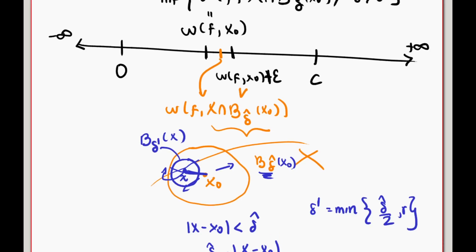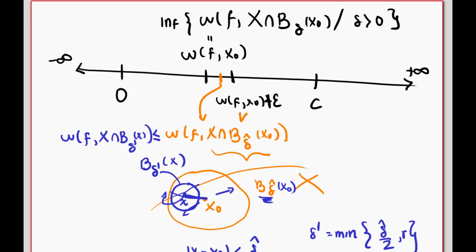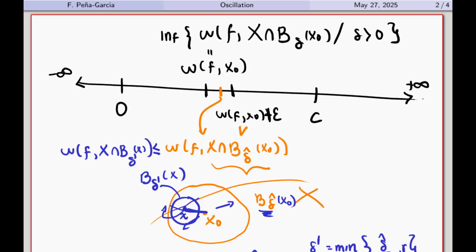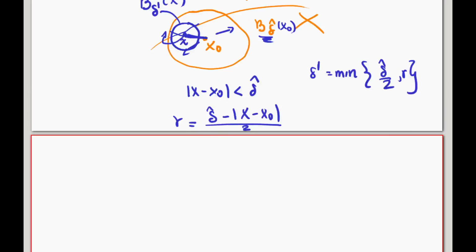So as this ball is inside of that ball, then it will happen that this is smaller than that, because it is a subset of that other set, right? So this will happen, and then, oh wait a minute, this is getting a little disorganized, but the thing is